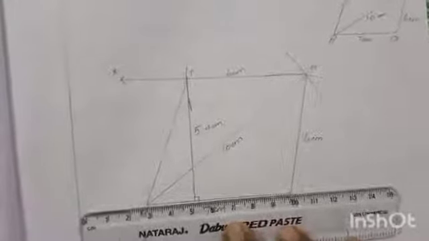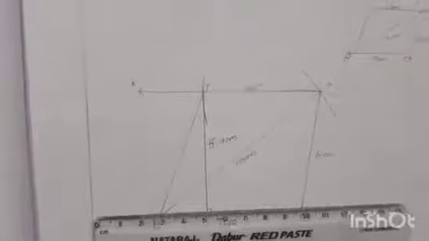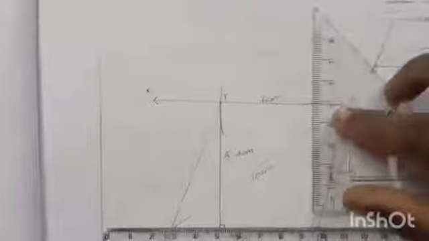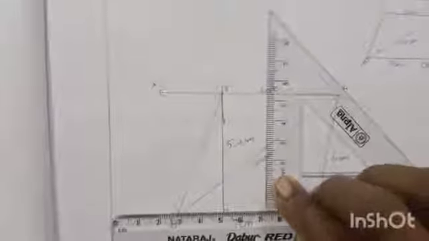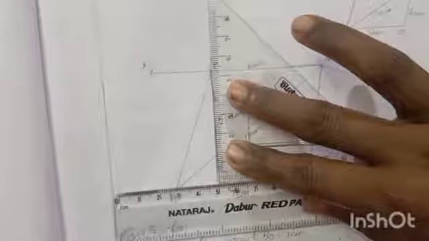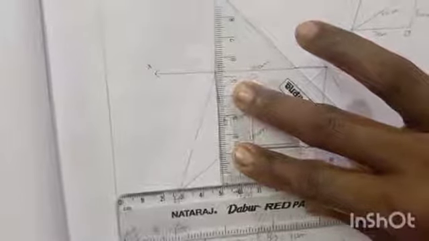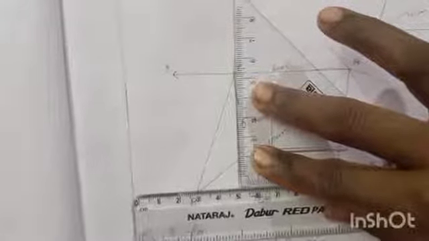Okay, take this scale and keep it on the baseline. Then take your set square and keep it in the right angle position. To fix it tightly, use your two hands. Okay, I am using it here like this. Press this scale tightly, then slide the set square towards the point. Like this you have to slide towards this point T. Now without shaking this, draw one perpendicular line. Okay, this is the height.